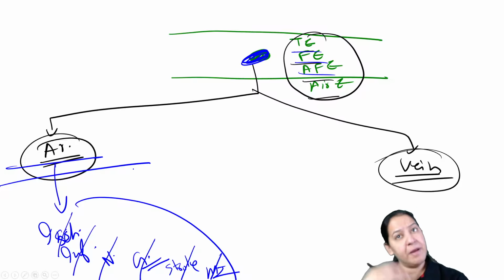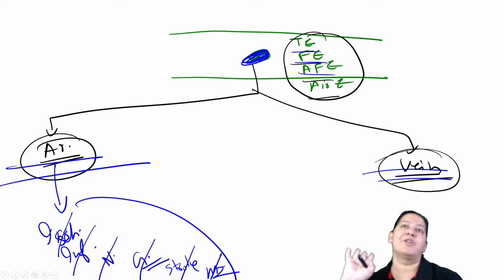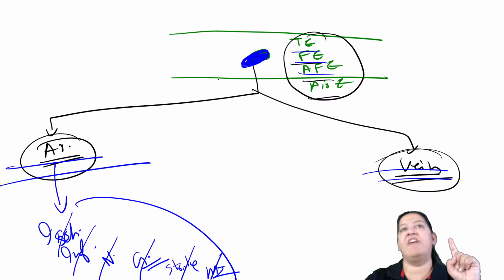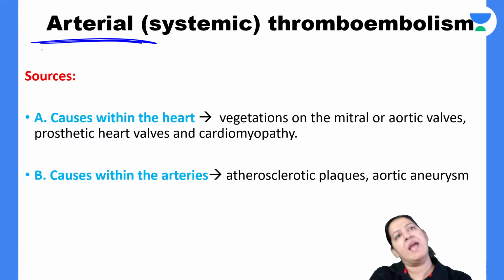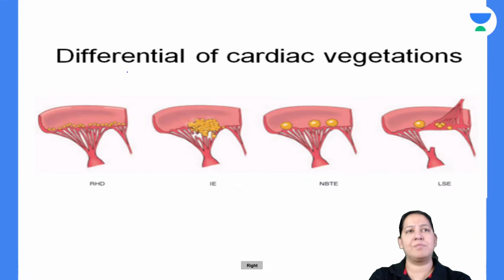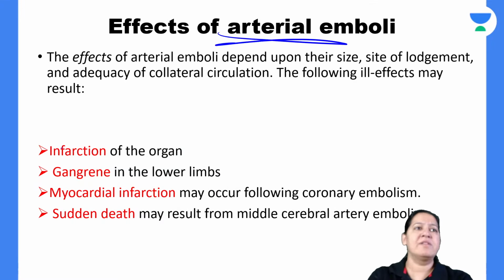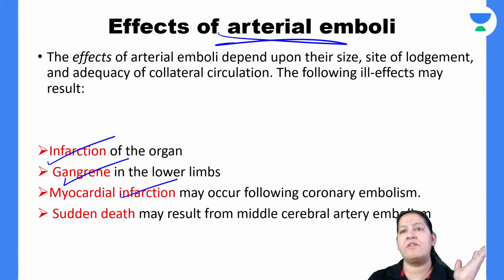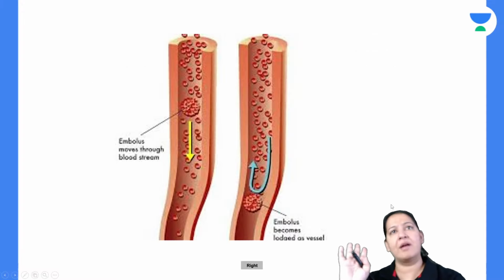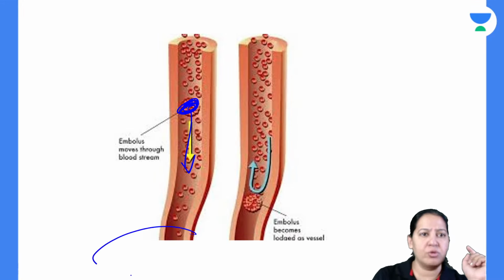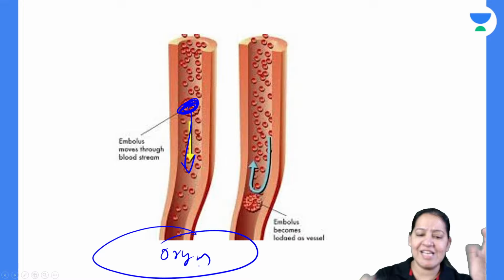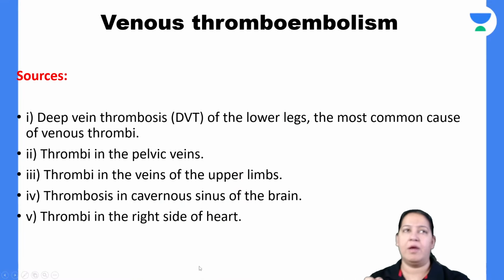It is very easy. Let me come to the venous embolus, which is more difficult to understand. What if the thrombus is present in the vein? I will come to that. If the thrombus is present in an artery, it will result in infarction, ischemia, gangrene, necrosis. It can result in MI, stroke, sudden death. So that is the arterial embolus. You can see the embolus is present in the artery and it is causing less blood to reach that organ. This is the organ, and the organ is receiving less blood because the embolus is present in the artery. Okay, we got it.